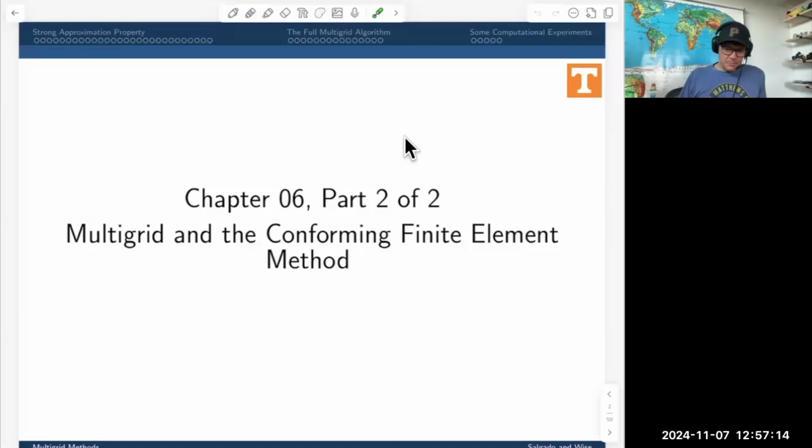Welcome back to Multigrid Methods. Last time we finished talking about the strong approximation property. We're in the second of two slide decks for chapter 6. The strong approximation property was our final piece to show that multigrid methods for the finite element case, where we're trying to solve the finite element problem,